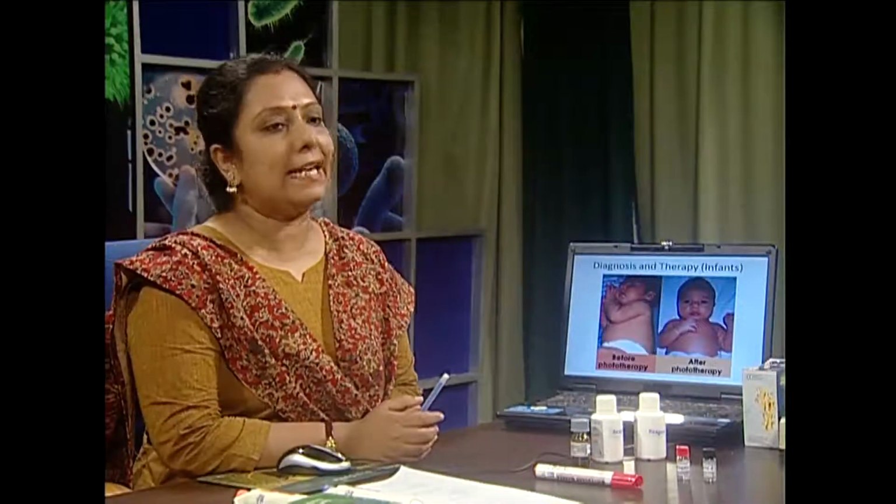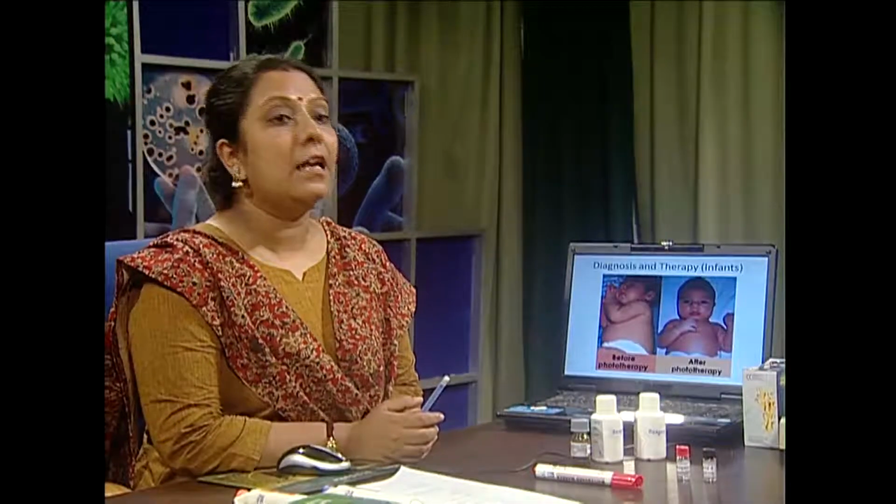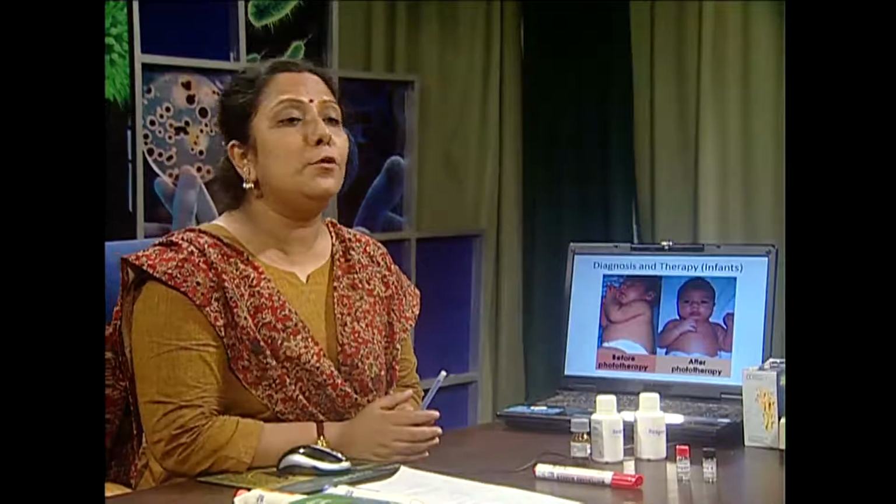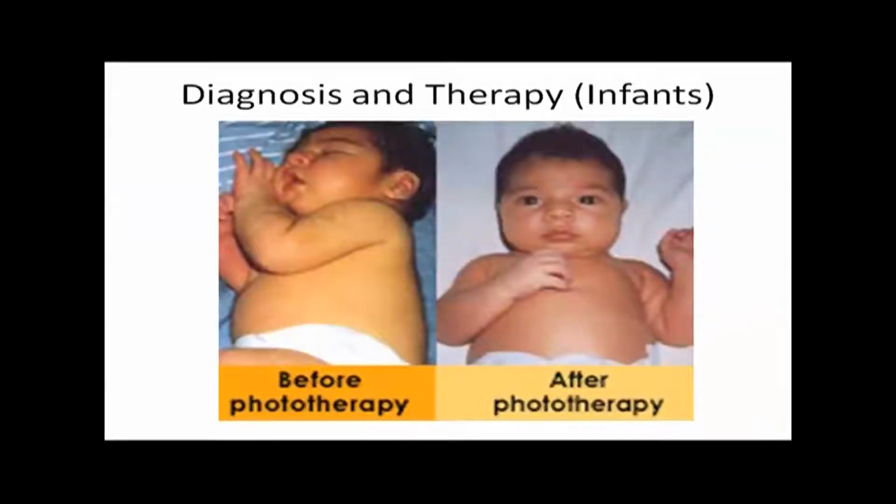Let me tell you the diagnosis in case of infants. Phototherapy is done. What is phototherapy? In case of infants, the indirect bilirubin is getting increased. By giving them the normal visible light therapy, indirect bilirubin can be converted to lumirubin by photooxidation and stereochemical isomerization, which can also be excreted very easily by the urine.